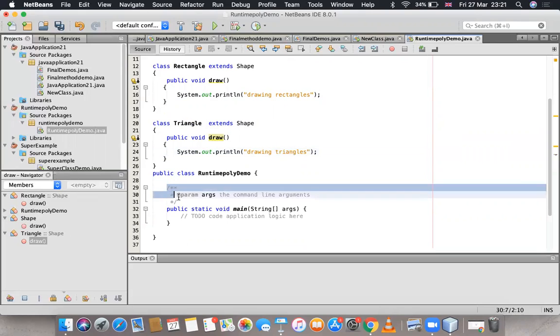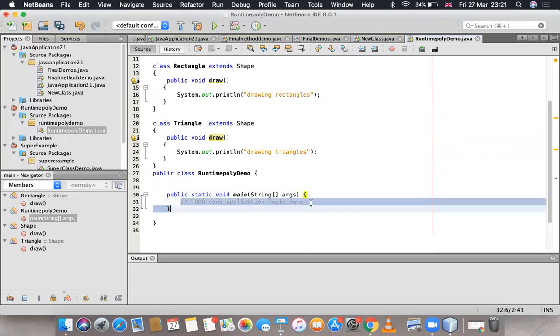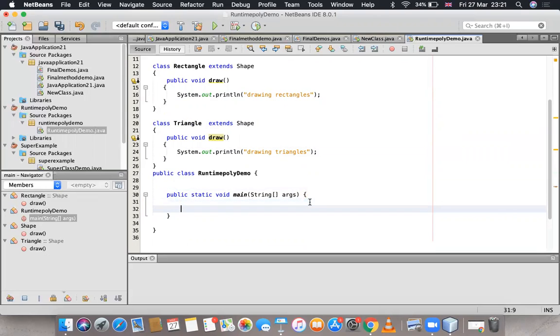Then here I will create an object of the Shape class, that is Shape s. I'm not going to assign memory to this object.